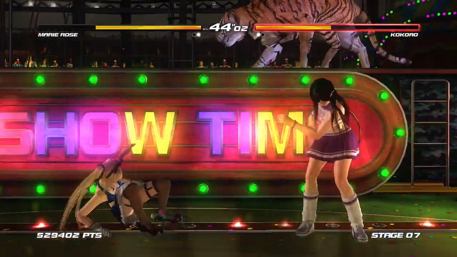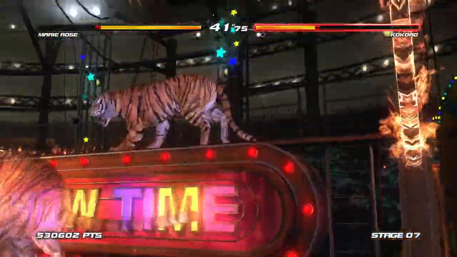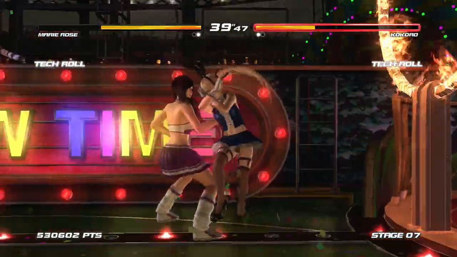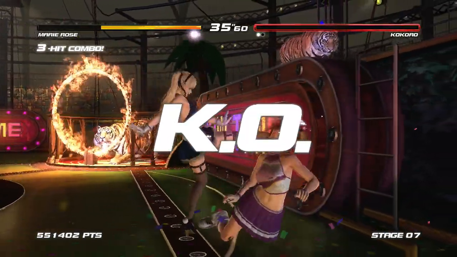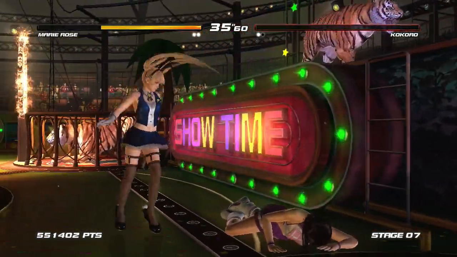And now another thing that had happened was Dead or Alive 5 Ultimate Core Fighters was a version of Dead or Alive 5 that got released where you could play as a couple of characters. And as it says here in the wiki,